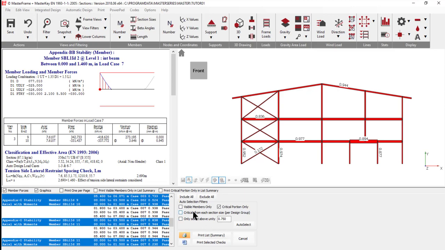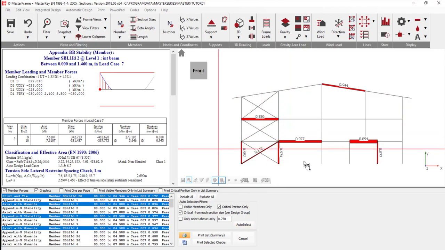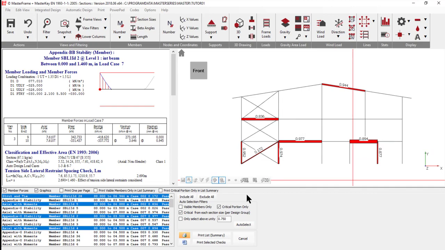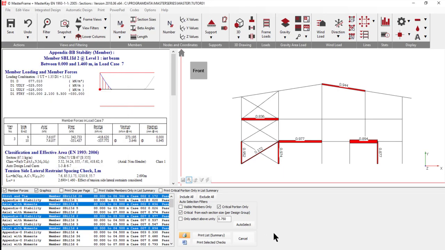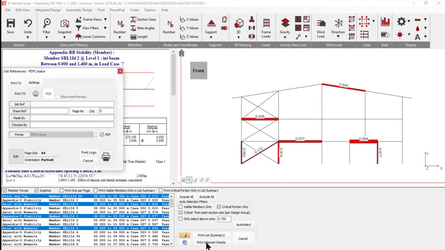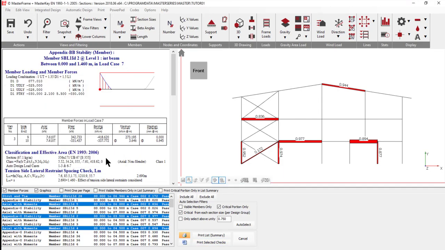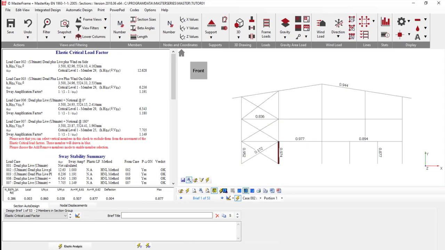I can also say only for each section size select the most critical, so it gives me those ones there. So each section that was used, this is the most critical design check, and this is beautiful because this allows me to output a limited amount of data. So I'm going to print to my printer, and I'm going to print this list, and in my case to a PDF writer, and print, and I get 2 pages to get that whole summary. And then I'm going to print the detailed output and print, and I'm now up to 8 pages in total